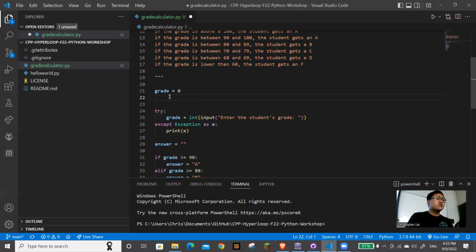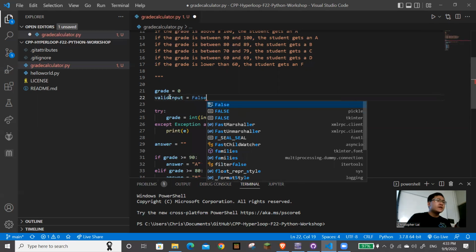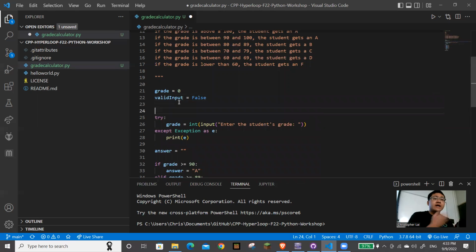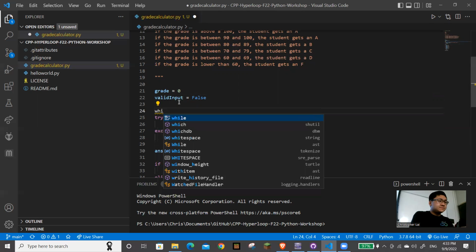So what we're going to do is a flag that says valid input, and we're going to set this to false. So again, a flag is a Boolean variable that is always false or true, always 0 or 1. In this case, my valid input is going to tell me whether the user has put in something correct or not. So in this case, I'm going to say while